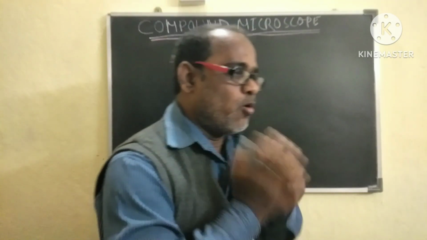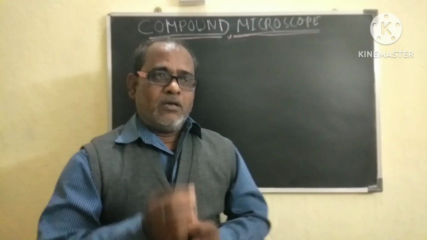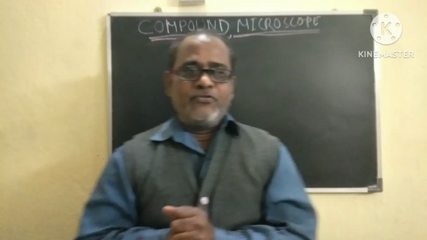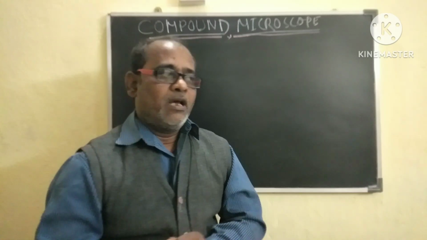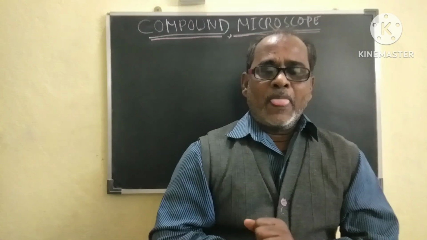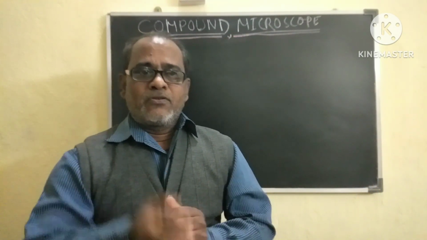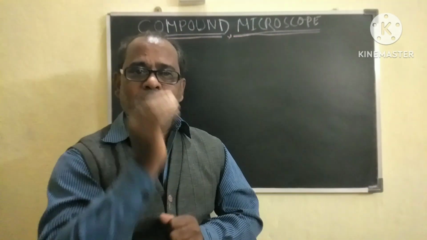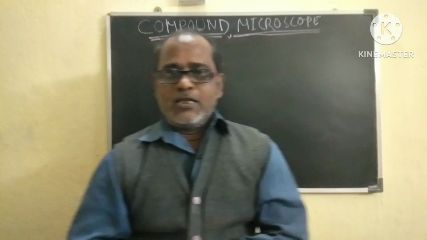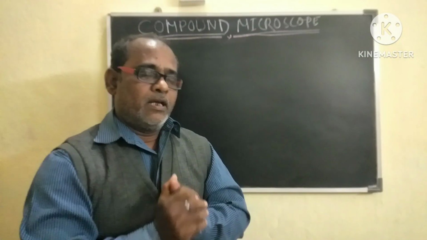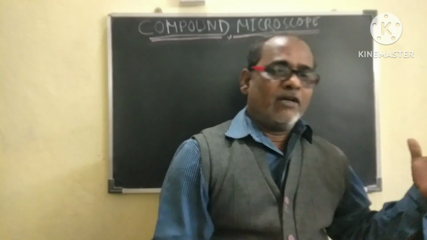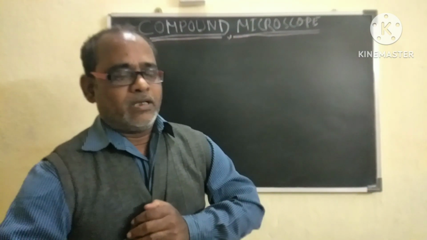In compound microscope, the main theme is that two convex lenses are taken, in which one is said to be the objective lens and another is said to be the eye lens. Both are convex lenses, but the objective lens is taken with a smaller focal length and a smaller aperture, and the eye lens, which is also a convex lens, is taken with a smaller focal length and a larger aperture. The main principle in this that already we have learned, हमें पढ़ चुके हैं क्लास 10वीं